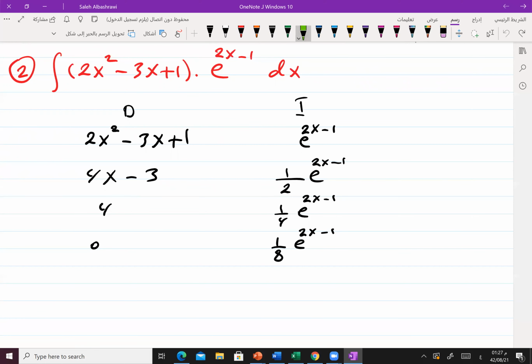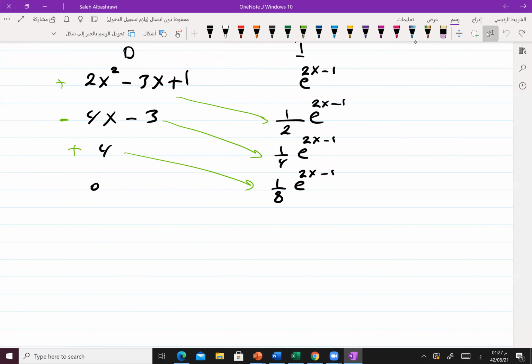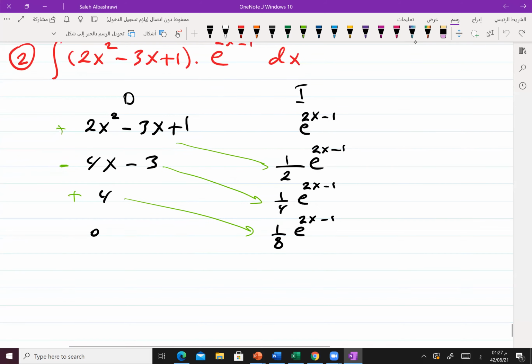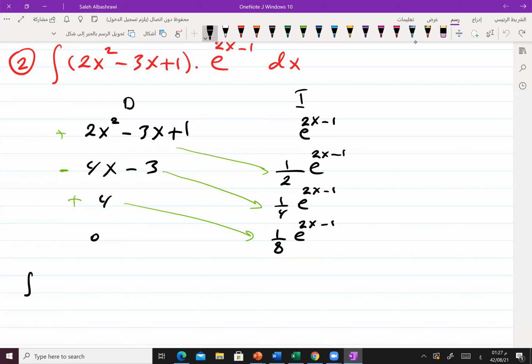Now I will multiply the first column with the second in the second column, second with the third, third with the fourth one. And keep in mind, start with positive, negative, and positive. So the integration now will be the integration of 2x squared minus 3x plus 1 multiplied by, not cosine, this time it is e to power 2x minus 1 dx is equal to